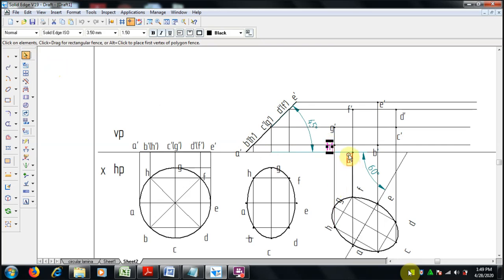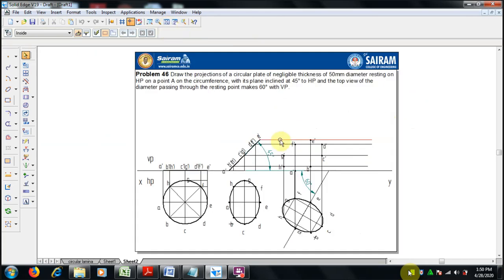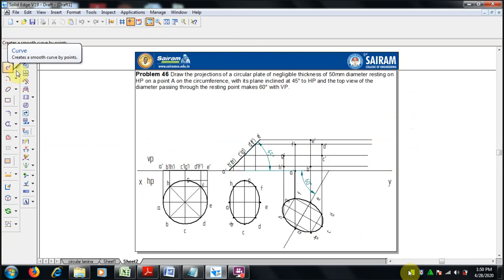Now we have to draw the top view as per this, by joining all the points. For this the option we can select is the curve. So by selecting the curve option we can go, and extra lines can be trimmed later.